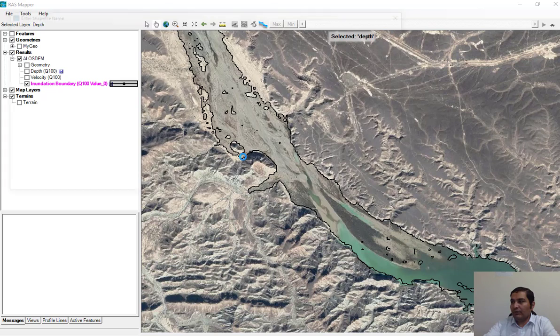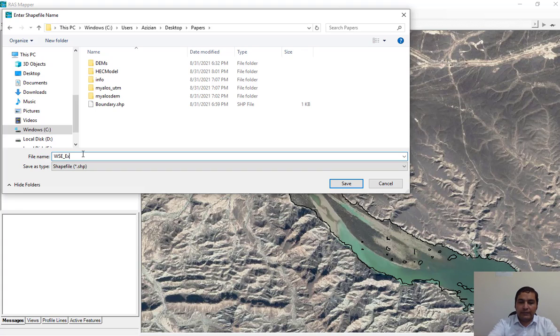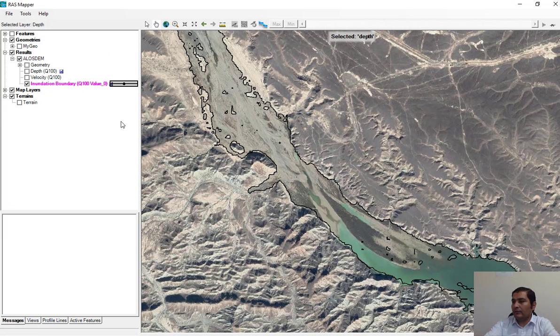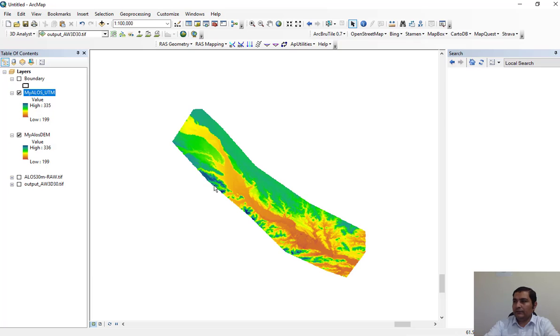Okay, I select shapefile, and in the path I name it WSE_extent_100, excuse me. Okay, it's created successfully. You should go to ArcGIS,